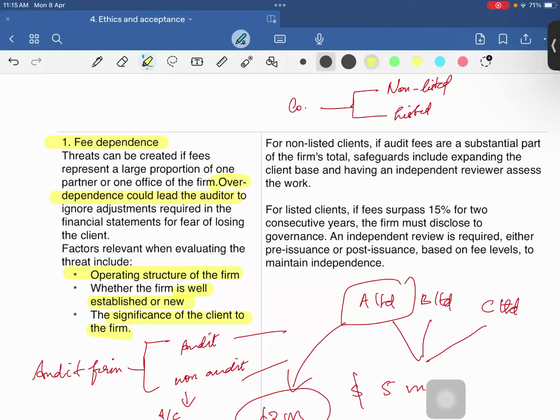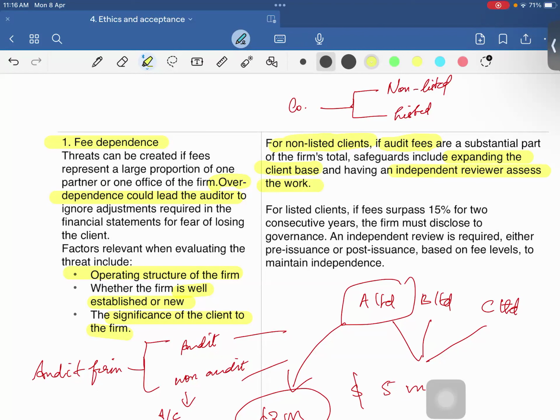Okay, so for a non-listed client, what is the safeguard that we take? Suppose the audit fee is a substantial part, as in it is a significant amount. Then they have to expand their client base. That means they have to do all the proportional activities to attract more clients, so that they get the same revenue or more from other clients as well. So the first safeguard is expanding their client base, and the second safeguard is getting an independent reviewer